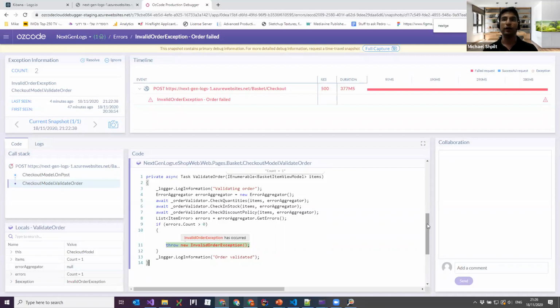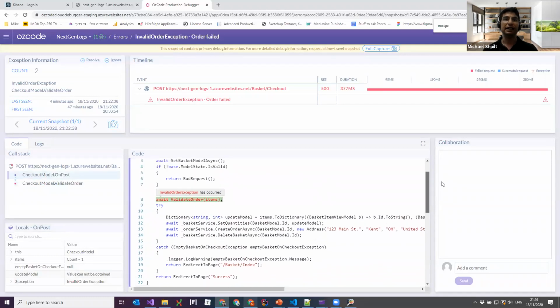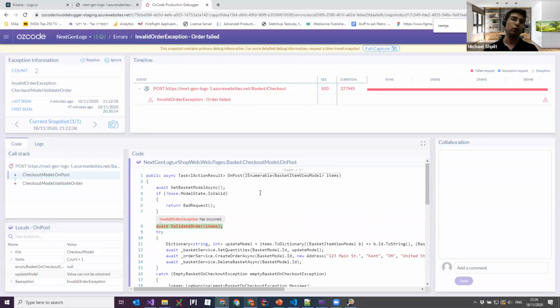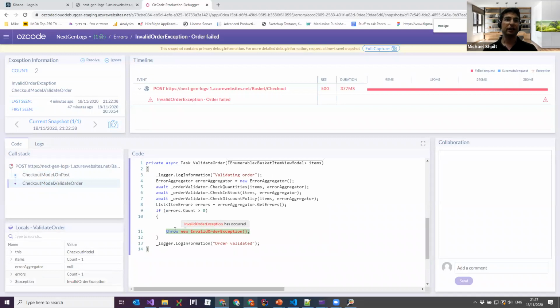Now, if I scroll up a little bit, I can see the method before in the call stack, which called validate order, and I can see the execution line and the local variables for this as well. So we can see local variables for all the call stack. Going back, we can see there was some kind of if statement, if errors.count more than 0, then there was an invalid order exception. And I can expand errors here and see the problem, but instead